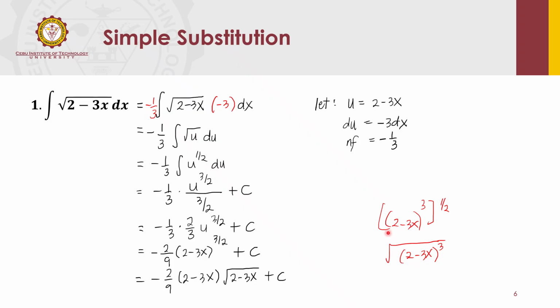So the fastest way to transform this into simplified radical form is you divide 3 by 2. So that's 1 and 1 half. So 1, 2 minus 3x, and 2 minus 3x that is raised to the power of 1 half, or square root of 2 minus 3x. So you don't need to multiply 2 and 2 minus 3x. If you want to multiply, that's fine too, but not necessary. Therefore, the value of the indefinite integral is this on the right side.